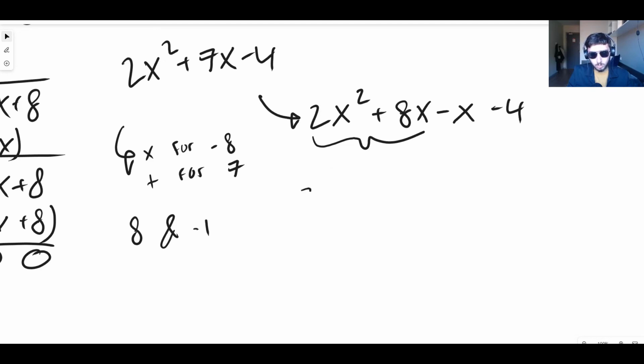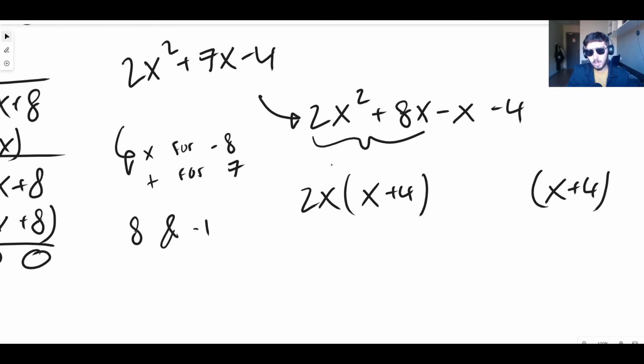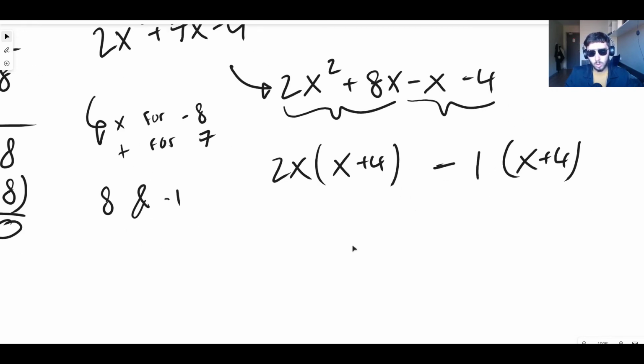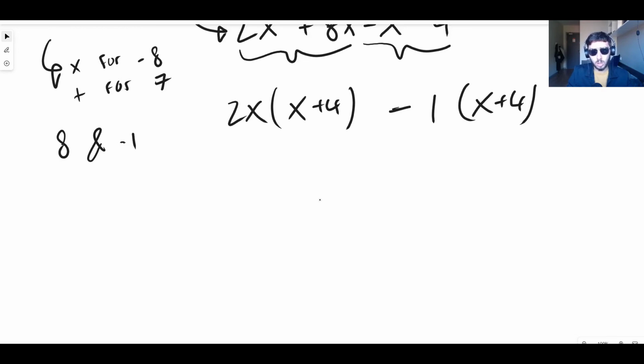That's going to give us, well, we can factor out a 2x. Then that gives us x plus 4. And then what we do is we do an x plus 4 over here. And we try and then factorise this guy, knowing that one of the brackets is x plus 4. So it's just -1 times x, -1 times 4. And then what we then do is we factorise this whole thing. And we end up with x plus 4